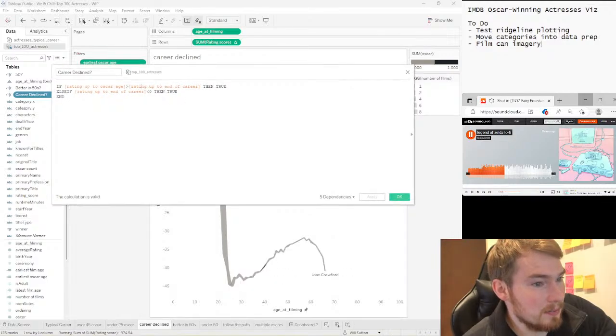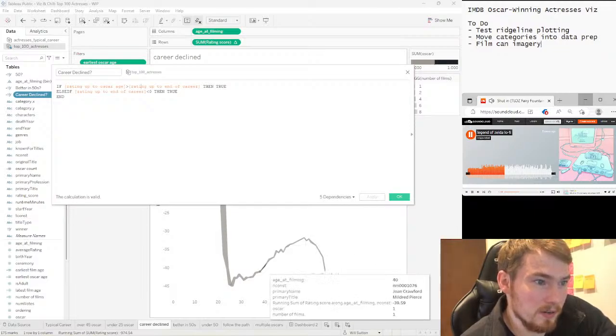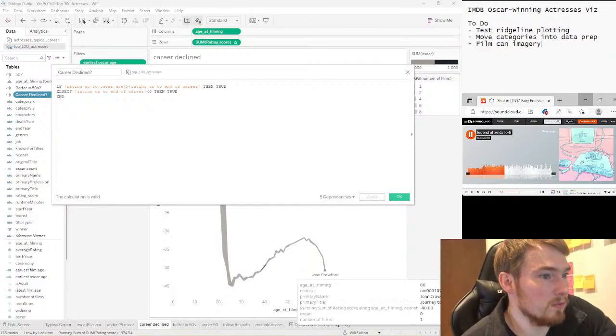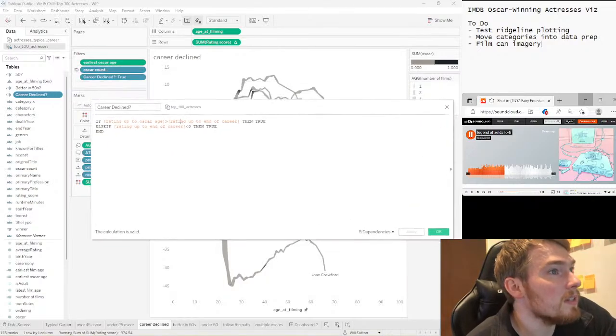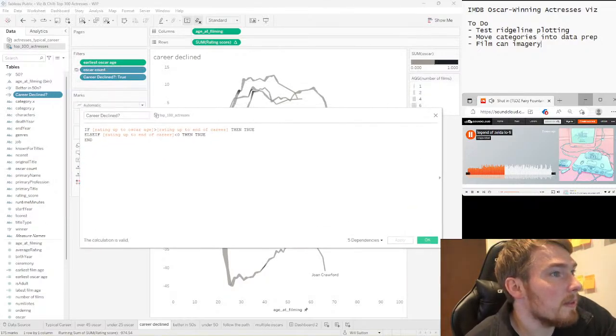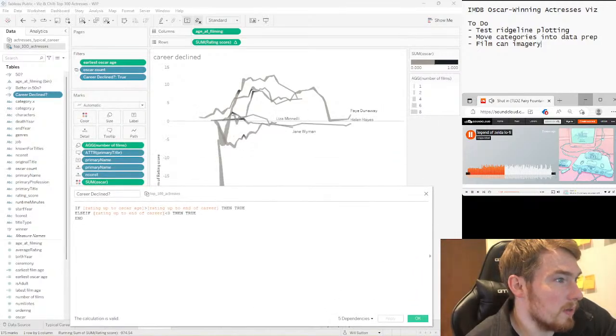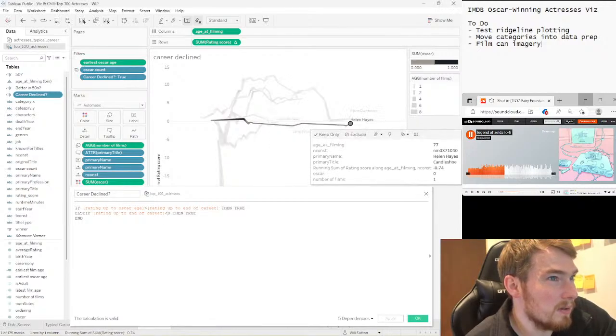In this case, Joan Crawford's rating is here. So you can see that Joan had a better career after the Oscar and then couldn't recover. Or a case where their rating ended below 0 as well.